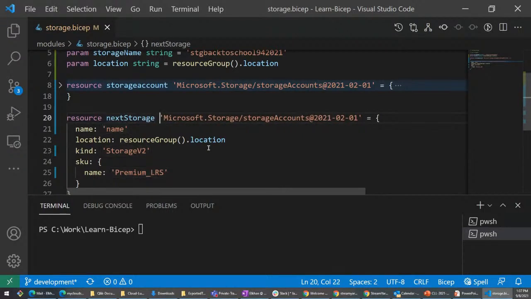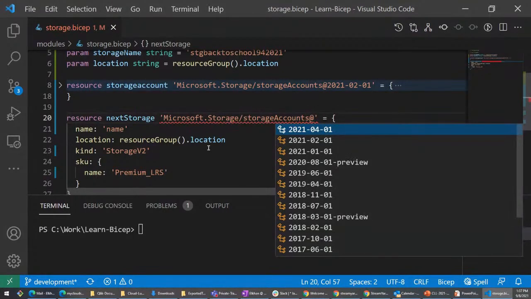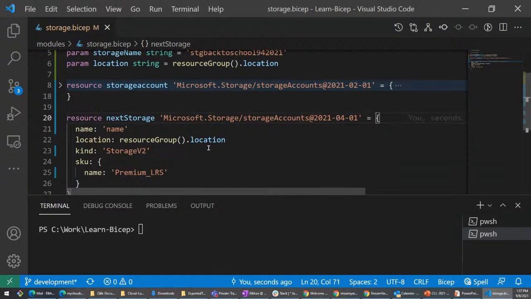And then we say, okay, this is going to use not the prior one, but the latest API version, which is the one on top. And then here we have equals. After we define the resource, its type, and API, now we need to define its properties, because the storage account,